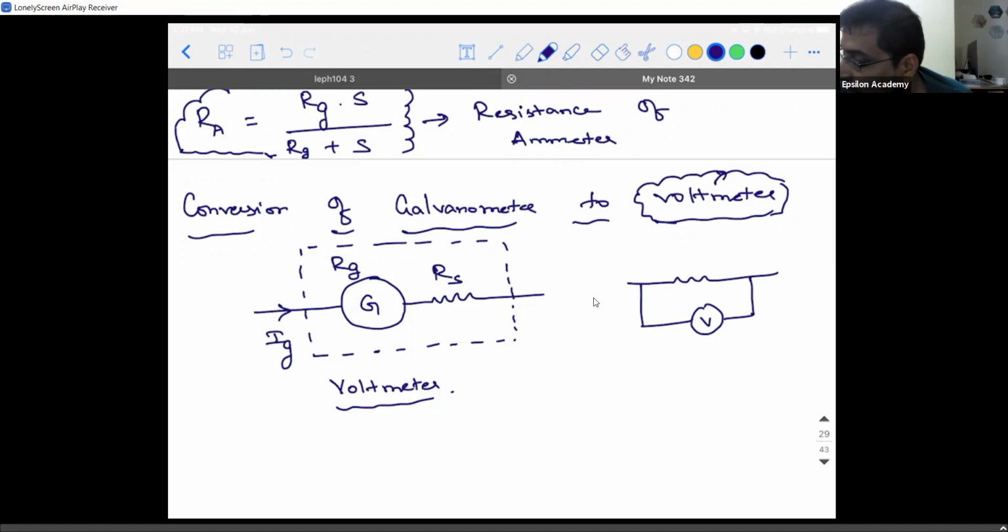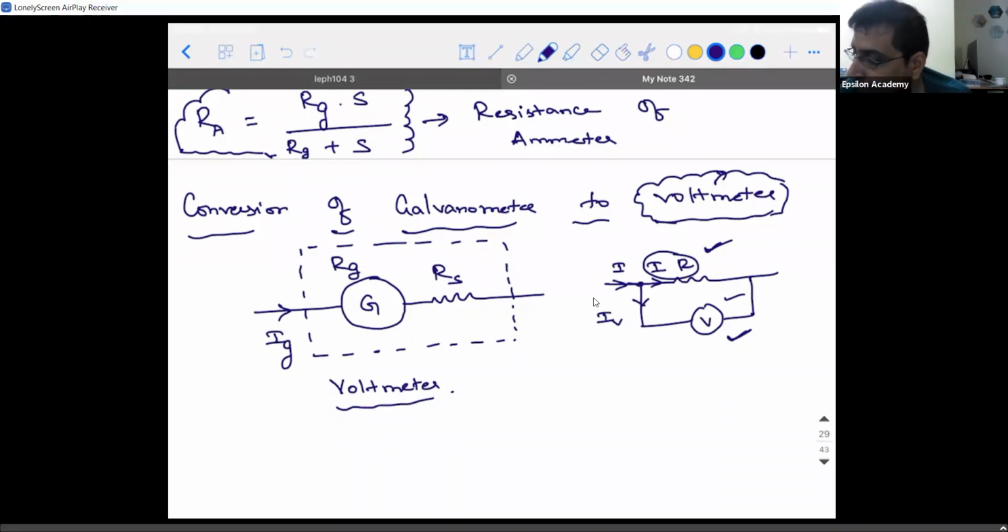When you're connecting a voltmeter in parallel, you need to ensure that the resistance of this voltmeter is very high so that maximum current is flowing through the resistor. Only then I into R is going to give you the exact potential difference. Or else, if this device also starts consuming some current IV, there will be a decrease in the current and a decrease in the potential, so the voltmeter will not measure the exact potential difference.